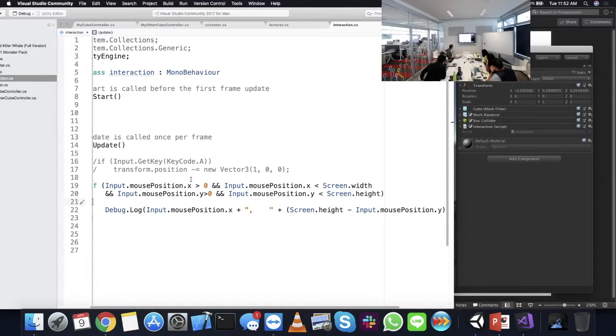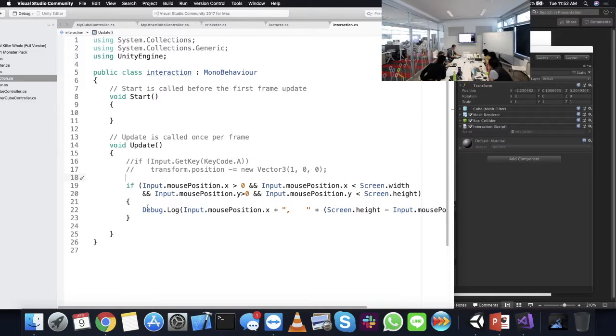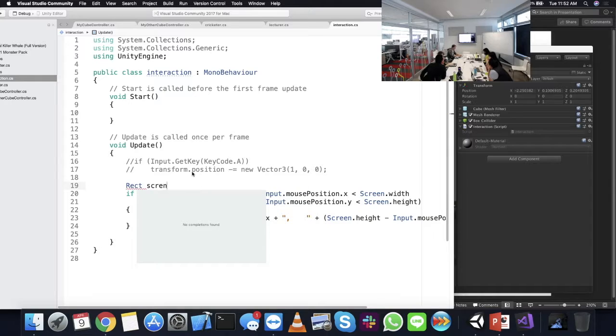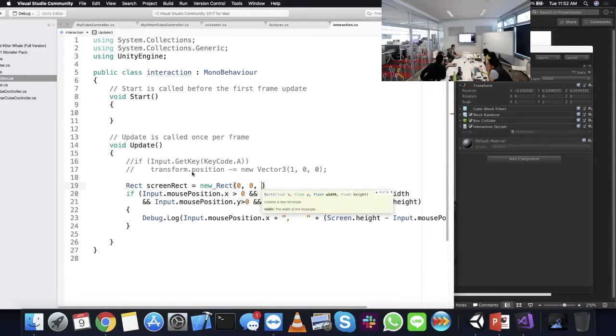So it's one of these things that's a little bit more work for us, but it's not the end of the world. Fortunately, there are helper functions for that. We could do Rect screenRect. Rect is a class which represents a rectangle. So we could say new Rect, and let's say its x and y is 0, 0, and its width and height is Screen.width and Screen